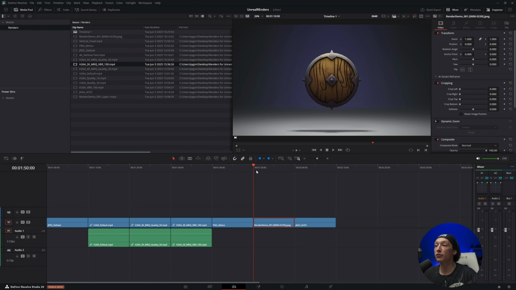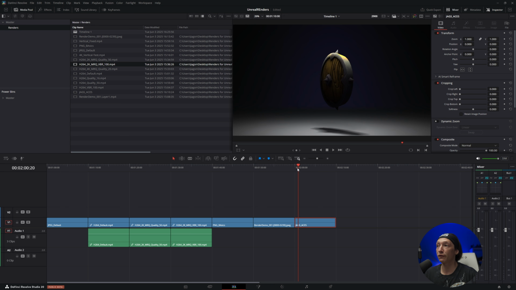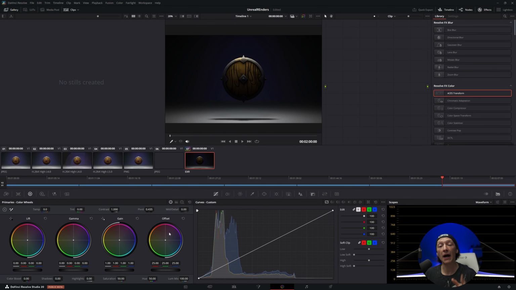Now, when it comes to JPEG sequences, the problem is that they are 8-bit images, meaning they don't have a lot of color depth for you to do color grading. So if you go to my actual settings and download my presets and use my ACES color workflow, etc., and we go to the color tab, we can see that the EXR sequence by default will come in looking like this super dark, super contrasty image, whether you're in After Effects, DaVinci Resolve, or Adobe Premiere,